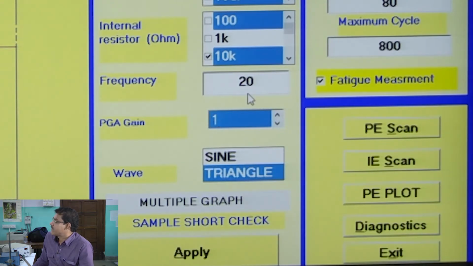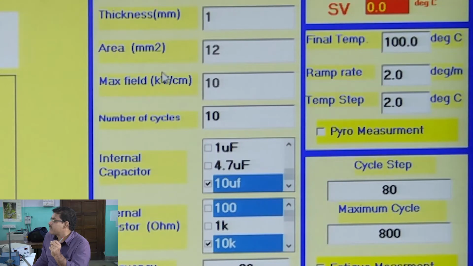I think this frequency, whatever voltage I am applying, this is the maximum field I want, and for that I have to apply voltage depending on the thickness. So, it will calculate this field. I have to give some frequency of the field I am using.